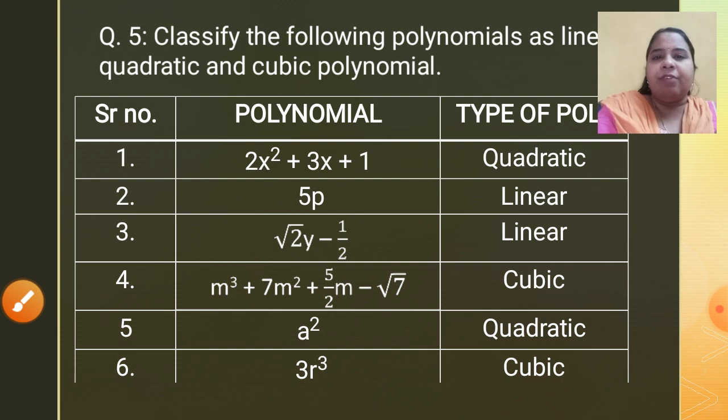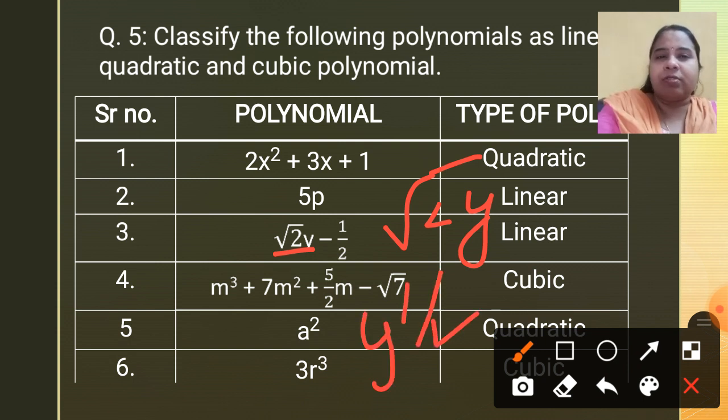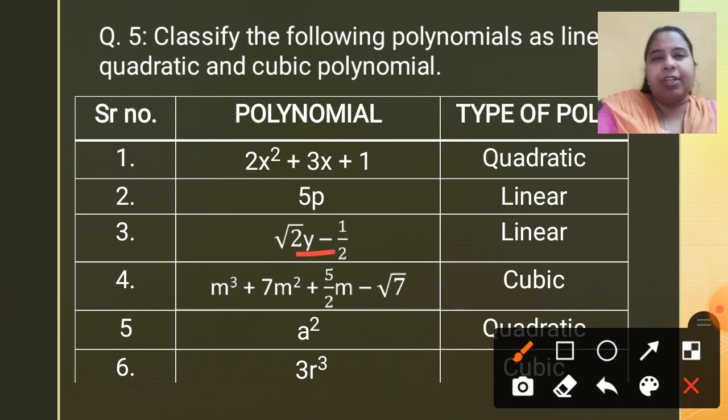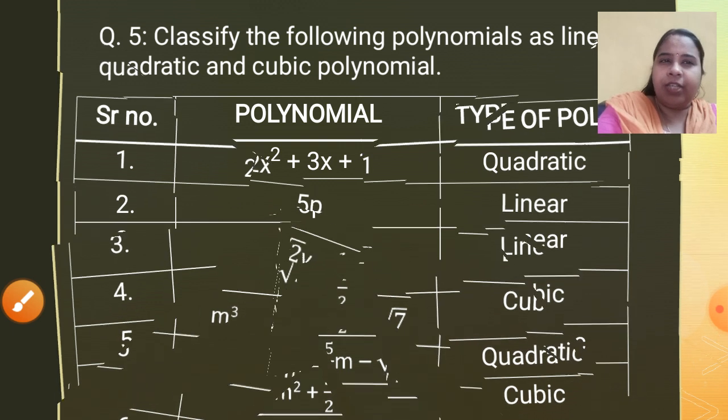I'll tell you the mistake which students might make in this case. It is not root 2 y like this. y is outside this root sign. So that is the reason I am not writing the degree of y as 1 upon 2. Please try to understand. When it is inside the root sign, the degree is 1 upon 2. When it is outside like this, as in the given question, then nothing is written, so the degree is 1. That is the reason it is linear here. Okay, so I hope you have understood all these sums.